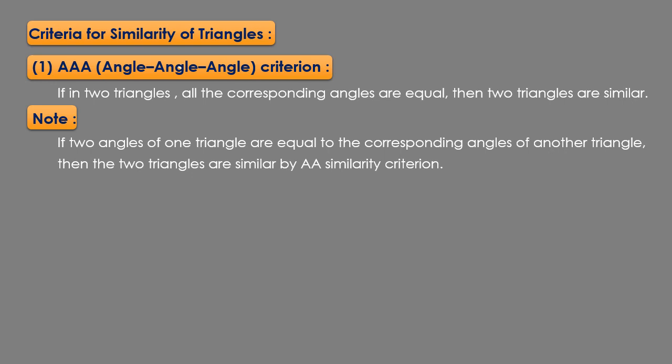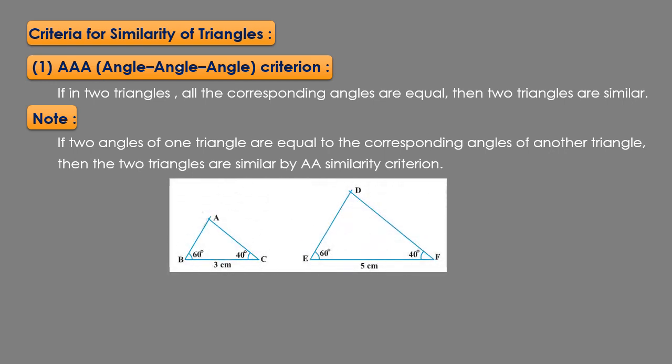See, here we do not require to show that corresponding sides are in proportion, because even if only angles are equal, both the triangles will hold the same shape and definitely their size will be different, and we want only same shape and it will be satisfied by that angle similarity criteria. Let us take one example to understand the angle similarity criteria.